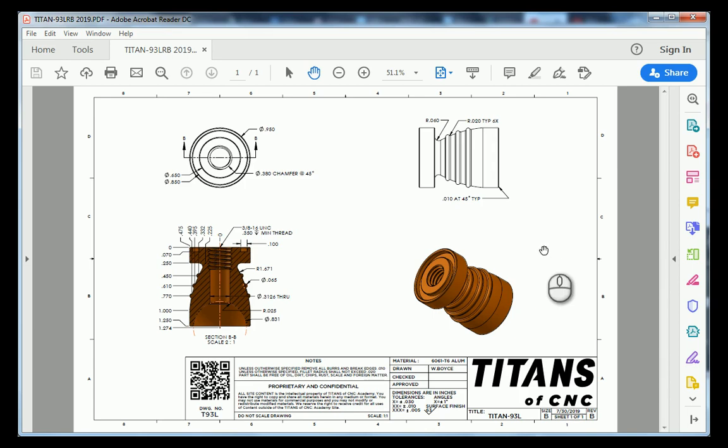In this tutorial, we're going to go over how to create the drawing for the Titan 93L. Let's first take a look at the Titans of CNC drawing, as this will give us a better understanding of what our drawing will look like. In our upper left-hand corner, we have our front view, and within our front view, we have these section lines